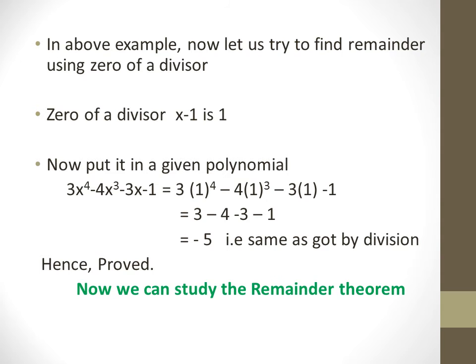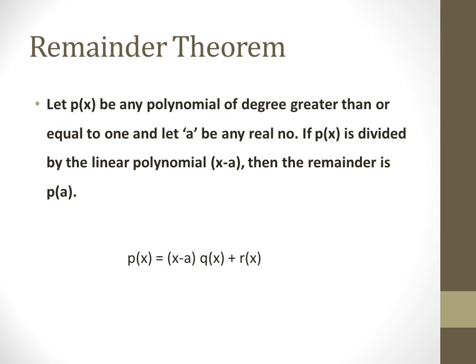Okay, so this is what the remainder theorem is. This is what the remainder theorem is telling us: that instead of going through the long division process, you can obtain the remainder of the division of two polynomials in this manner. So what does this theorem tell us? It tells us that if p of x is any polynomial of degree greater than or equal to 1, and let a be any real number, if p of x is divided by the linear polynomial